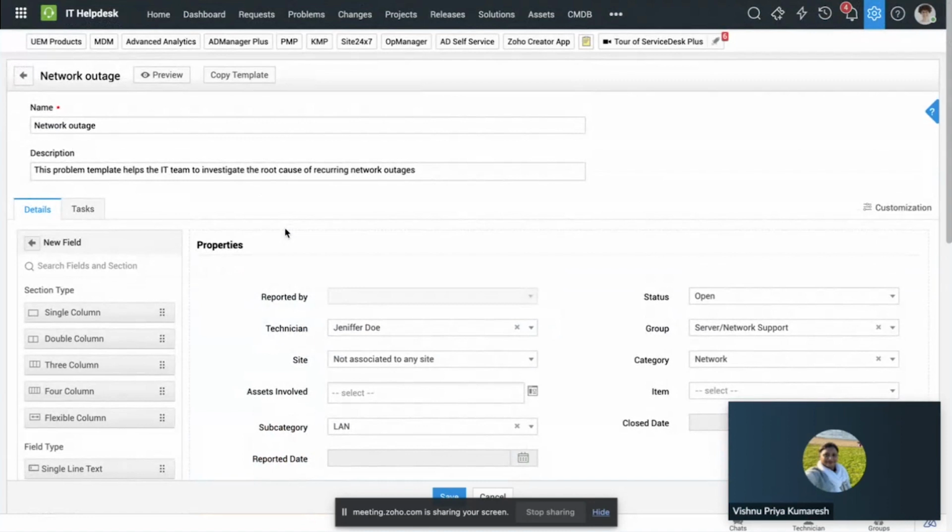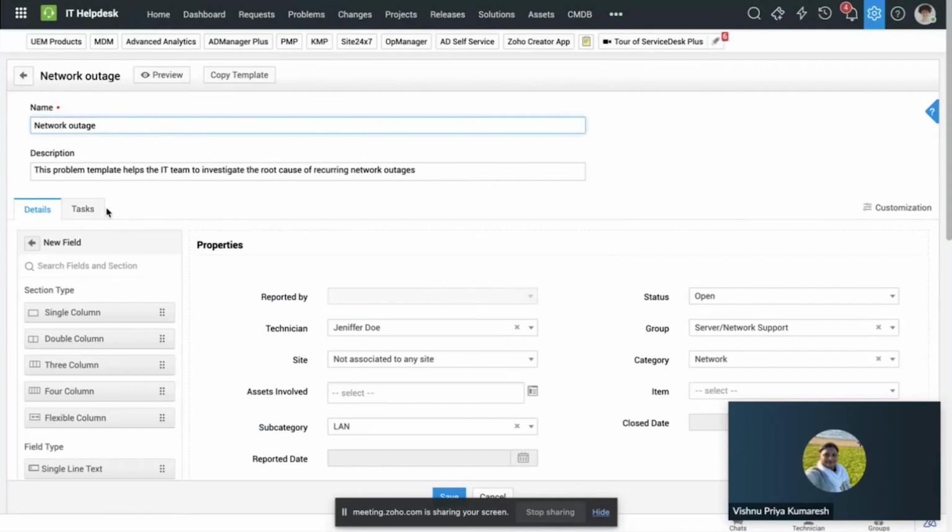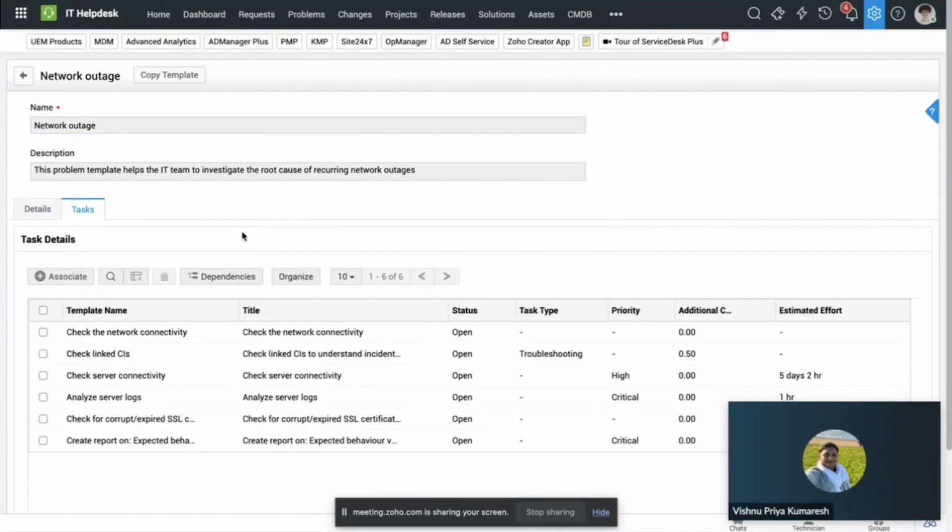Now, apart from that, another element in the problem template are tasks. So tasks in the problem template are very similar to how tasks are handled in the service request template, right? Some of these activities, some of these operations that are done to identify what actually went wrong, to dig into the root cause and provide a permanent fix, are mostly similar for certain types of problems. For example, let us take